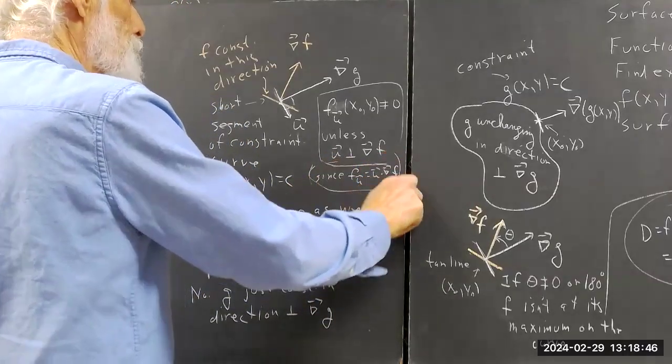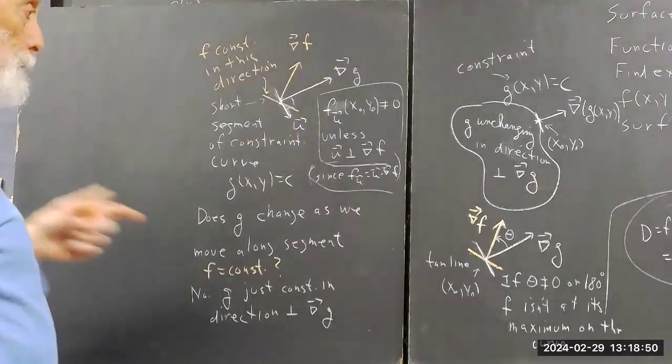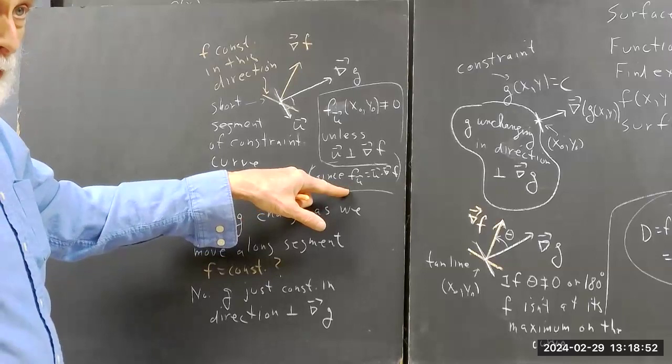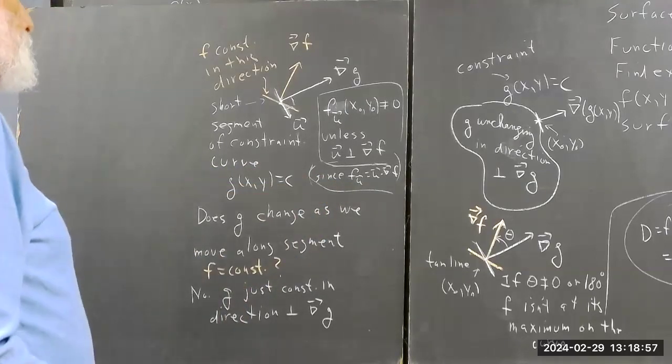That should be obvious, but of course this is all fairly new to you, and you haven't digested it completely. So maybe we better say that. Well, what it comes down to then